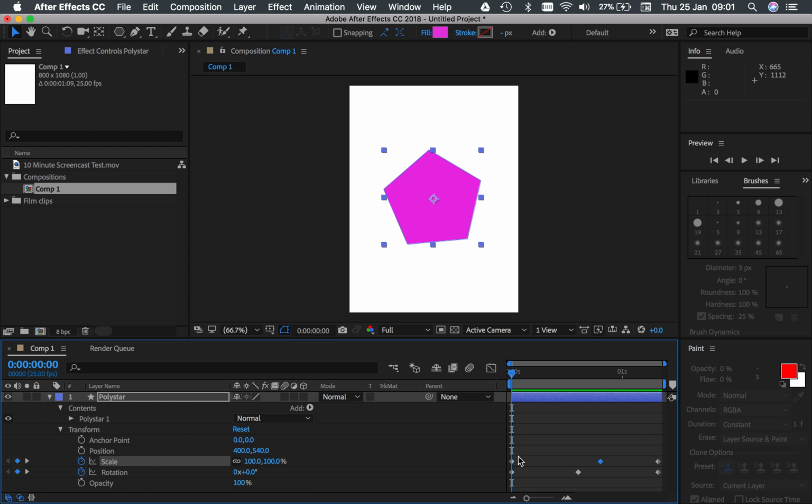Okay, and finally, after scaling, I'm going to do something with opacity. So this is the transparency of it. So I'm going to click the stopwatch here. It's created another keyframe. I'm going to select that, Command C, go to the end of my timeline, Command V,